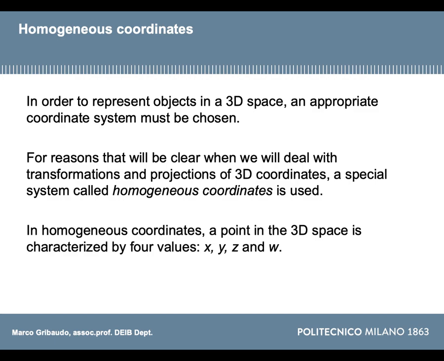This particular type of coordinates used to represent points in a 3D space is called homogeneous coordinates. By adding this 4th component and using 4 numbers instead of 3, a lot of extra features can be done, and all the computation that must be done to